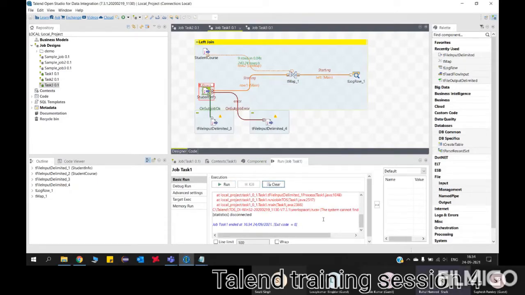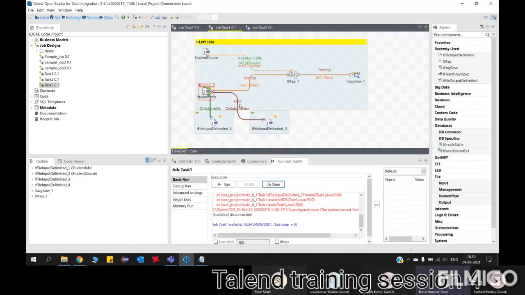See what happened. Your current component is failed in the subjob. That means there is an error in the first subjob. Your On Subjob Error got triggered. See the one which Lakshay Kumar is highlighting, right? There it shows error. That link is executed. If you see the previous execution, it ran successfully. That's the reason it went on to the green color one, which is On Subjob OK.